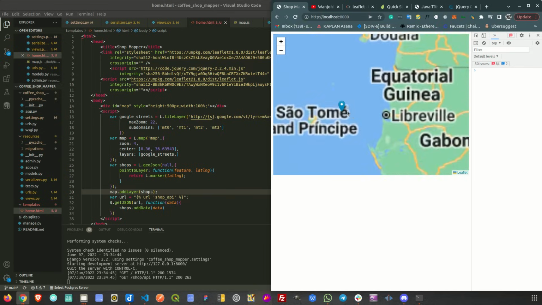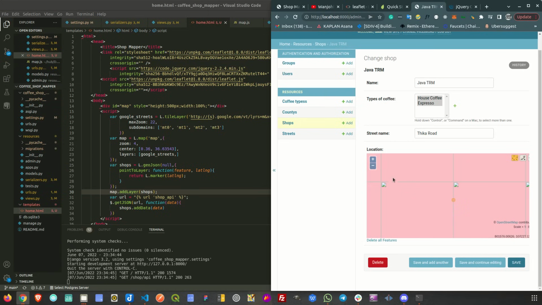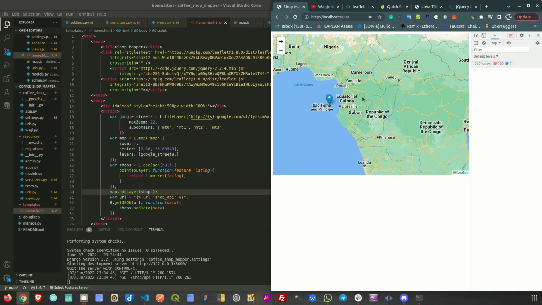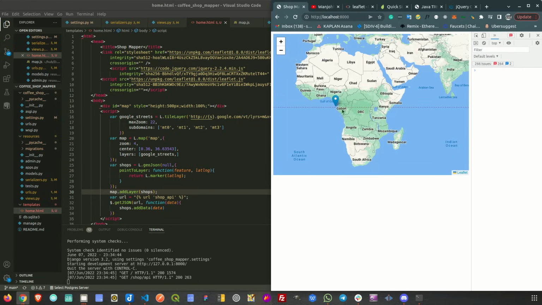So now I have this marker here, and of course, as you can see, it's basically lying out of nowhere, because I guessed the location on this bit, but no worries. Depending on where you put the markers and everything, you can always have the marker showcased on your map. So that's how you are able to display the markers on the map. But of course, this is not the only way. There are quite a number of ways in which you could do this, and depending on what you want to display, you can find